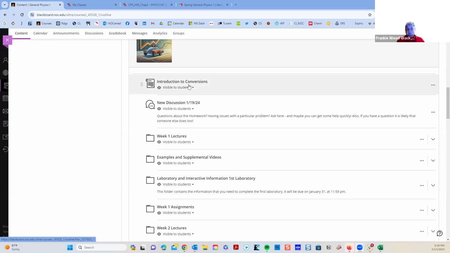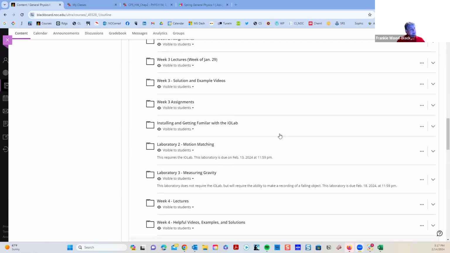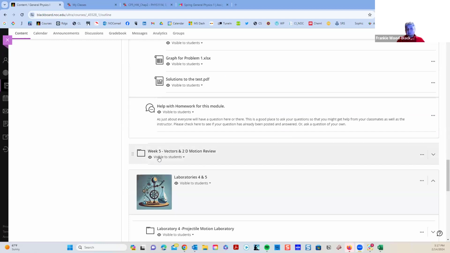We're going to cover the exam and we're going to do a little bit more on projectile motion. And then next week, we're going to dive into forces. But I just didn't want you to have to search through a lot of material to find that particular folder. So this week, you're still working on chapter 3 homework, and you're working on your labs. And then we do have a week 5 folder, and that's where I'm going to post all of tonight's